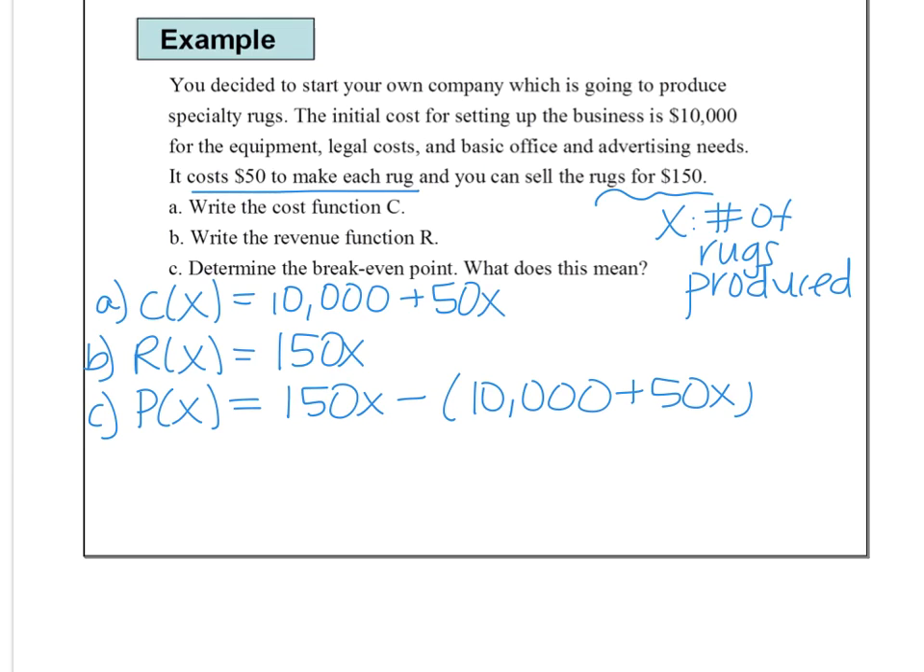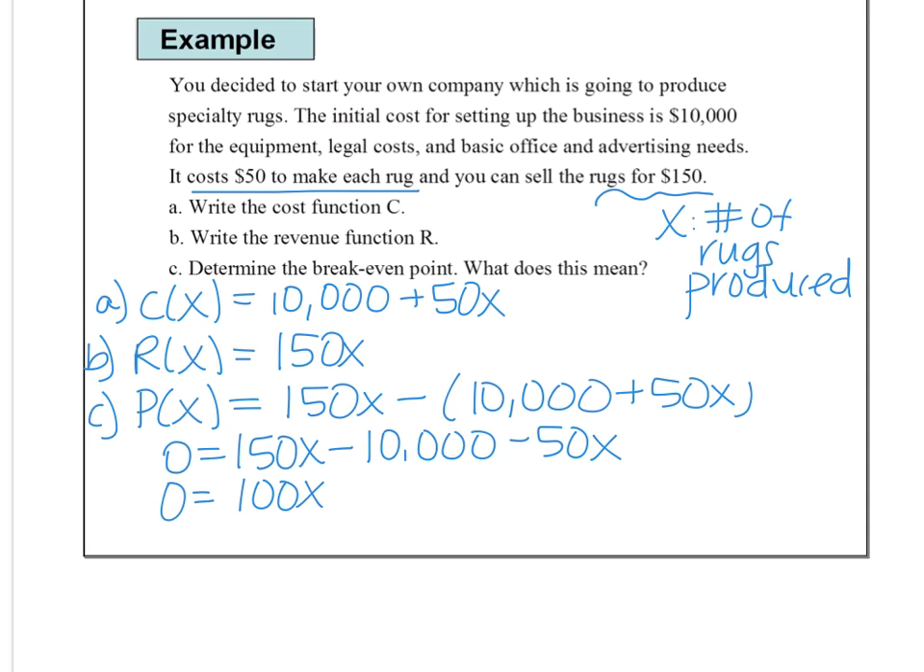All right. So to find our break-even point, we're going to set P of x equal to 0. So we have 150x minus 10,000 minus 50x. We can now combine like terms. We can factor out. So we get that x is equal to 100. So once we sell 100 rugs,